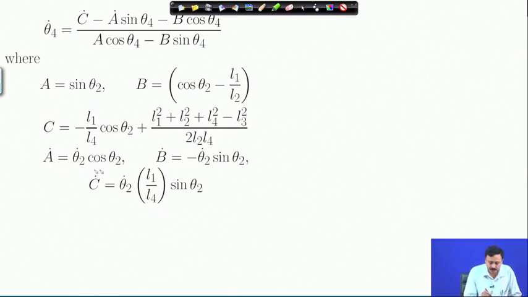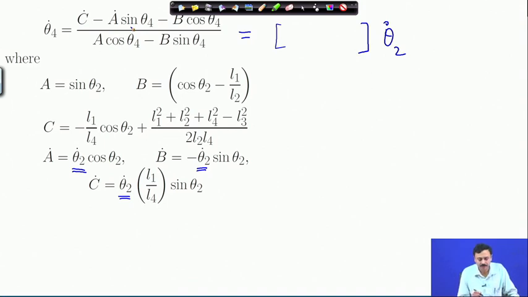All these quantities A dot, B dot, C dot, they have theta 2 dot multiplying them, they are linear in theta 2 dot. So, therefore, this expression can be written as something into theta 2 dot, because all the dot terms, A dot, B dot, C dot, appear in the numerator only. In the denominator we have only A and B. So, theta 2 dot can come out, and we have a little more complicated expression which actually we can simplify. So, if you just substitute